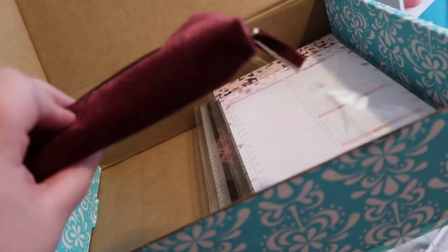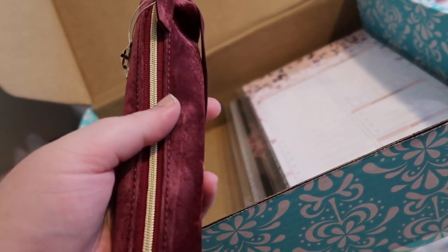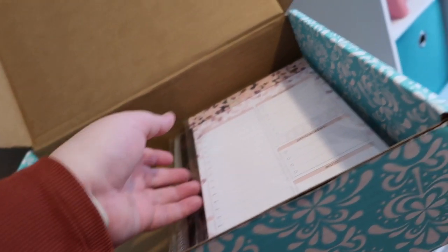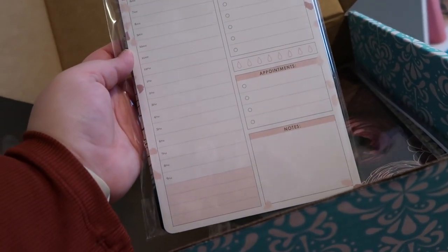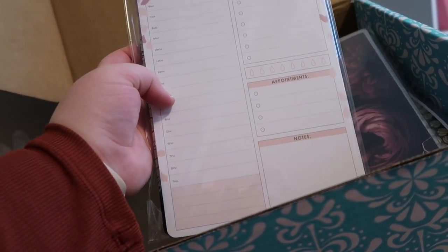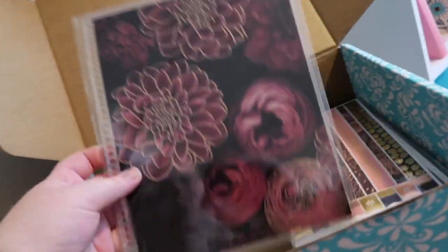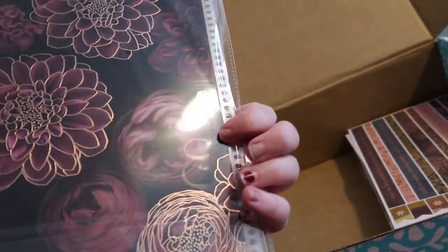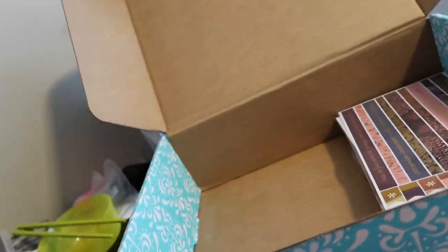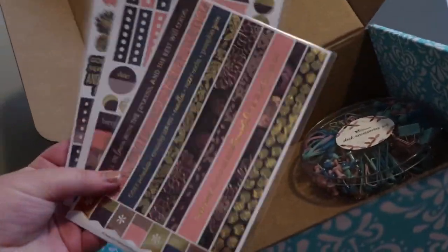So there's this cute little pencil holder, which I'm so excited to put on my planner, even though I don't think it matches the cover I have right now, but oh well. This adorable desk pad that has a to-do list, hydrate, notes, daily schedule. Take that to work today. A new cover. I think this is from the wedding collection, but gorgeous for fall. I might put this on my planner right now, actually. Some sticker sheets